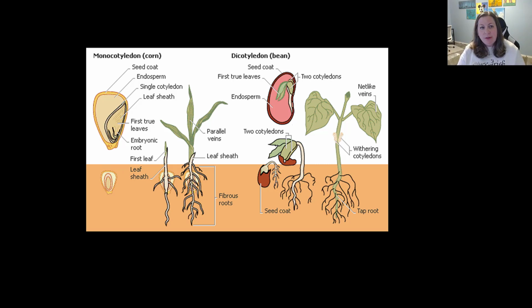So here's the picture. You can see that the monocotyledons are going to be something like corn. You can see that sheath in that tan color that's protecting the little leaf that's being pushed up. And then we start to see that it blooms out. You'll also notice on these leaves that the veins are parallel to each other. They're all running in the same direction. Whereas in